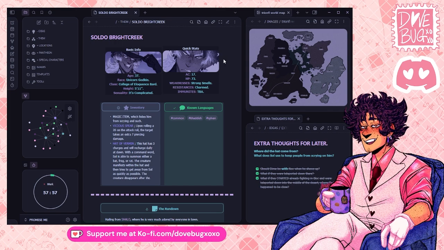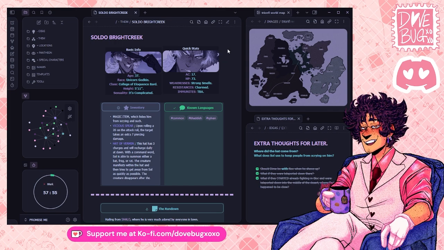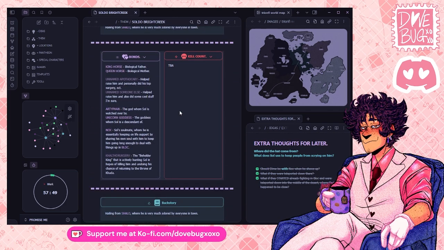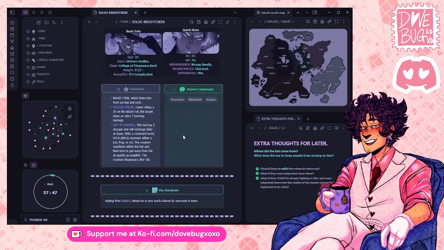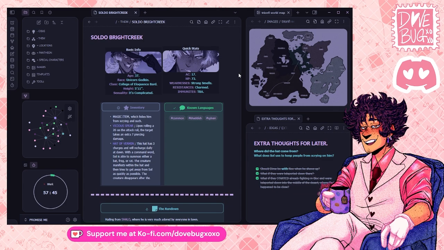So, for the webcomic for right now, what I'm doing is I'm building up the cast, right? Like, who are these characters, and why are they acting the way they do, and what is the world they're in, and how are things connected to each other, and how do they work?